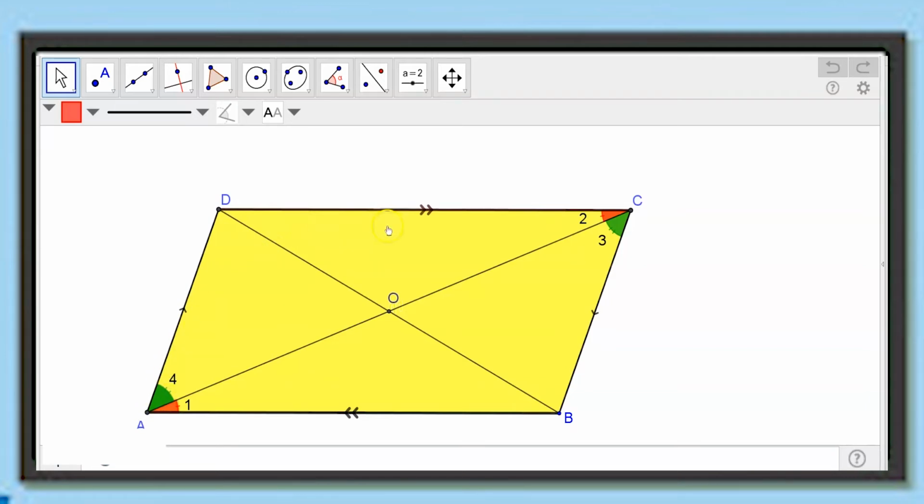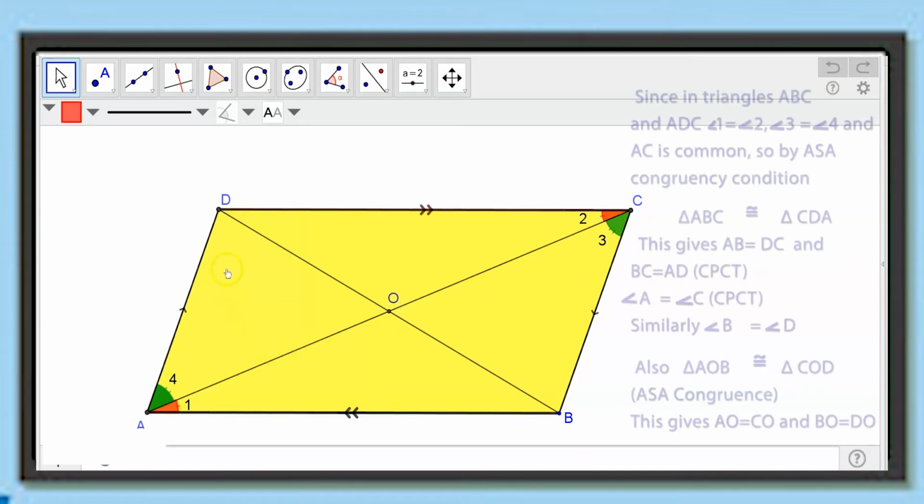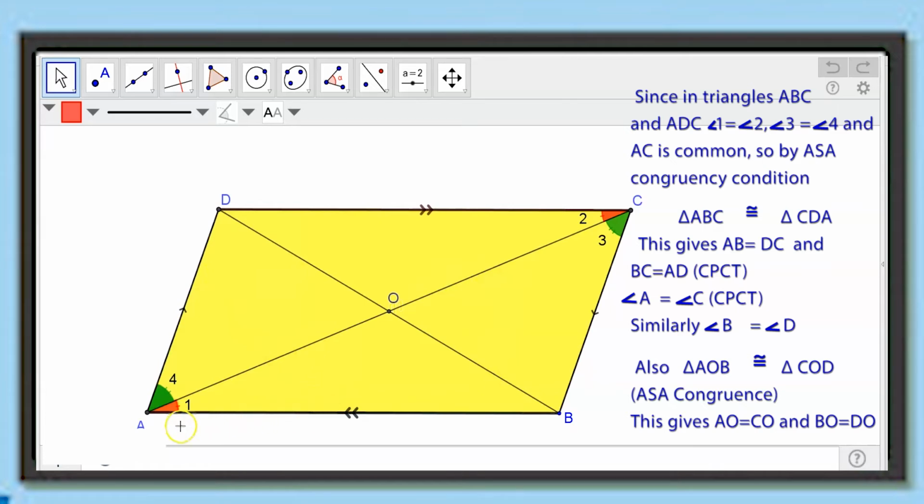Now because AB is parallel to CD, we have drawn both the diagonals here, AC and BD. Now with respect to the diagonal AC, the parallelogram is divided into 2 triangles. One is triangle ABC and the second one is triangle CDA. Now look at these 2 triangles. In these 2 triangles, angle 1 will be equal to angle 2 because CD is parallel to AB, and if AC becomes the transversal, angle 2 and angle 1 will become the alternate interior angles, and hence they are equal.